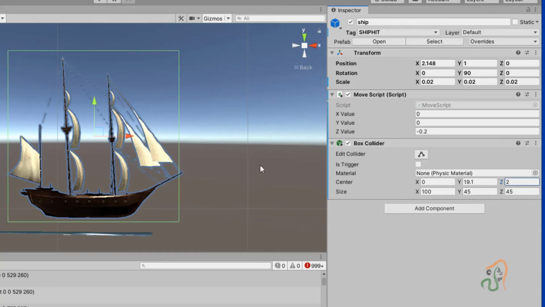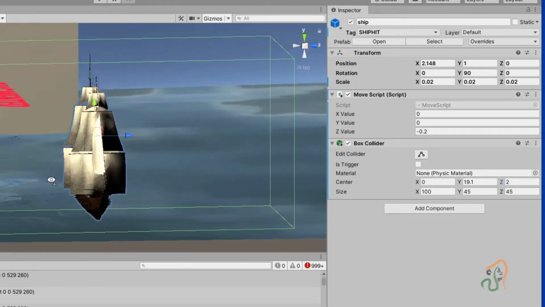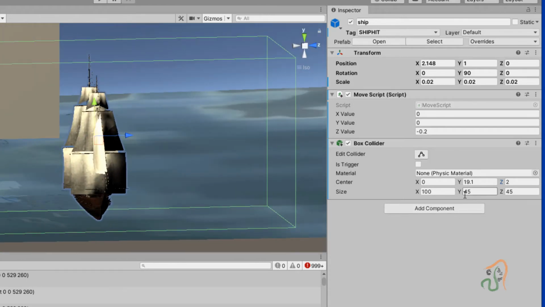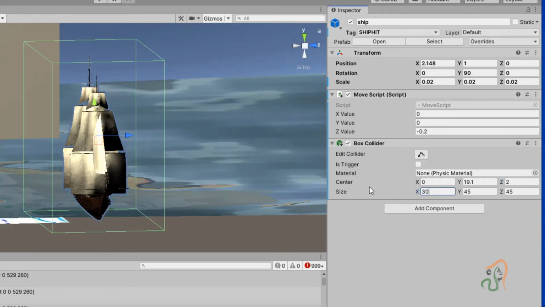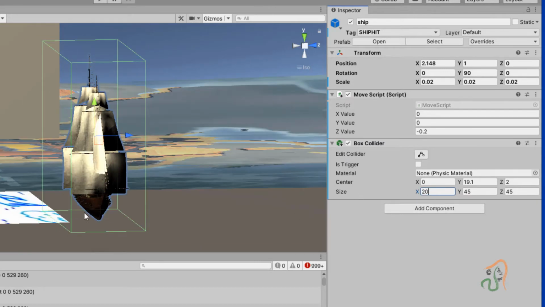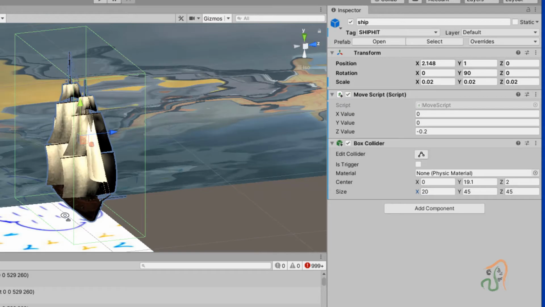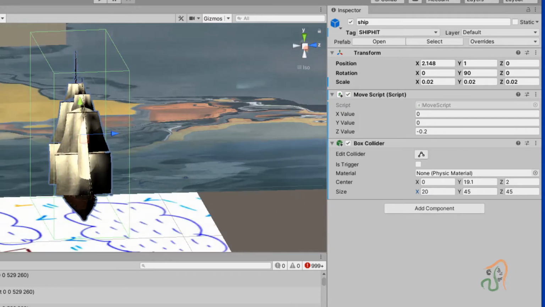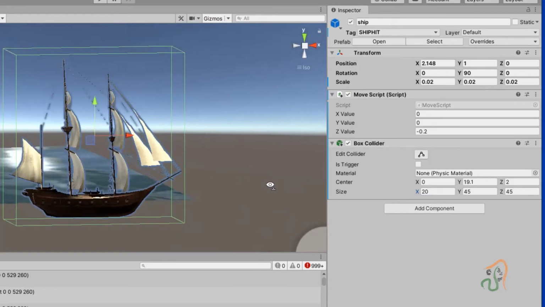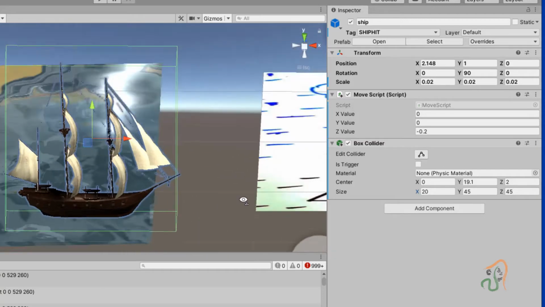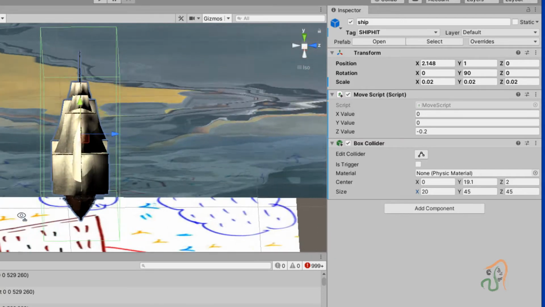And then see, so this X let us set to around 30 or even 20. Okay, so this has added a box all around your ship. So this detects the collision. So just design this box.